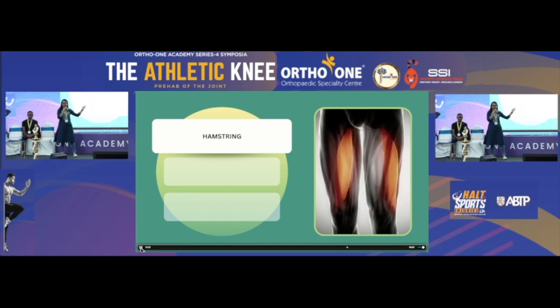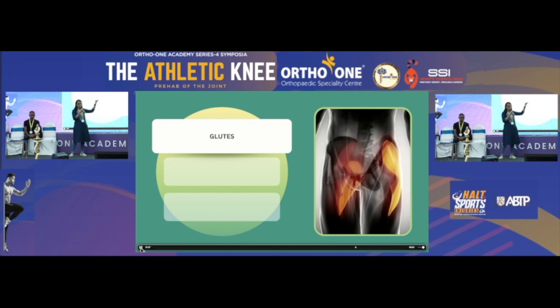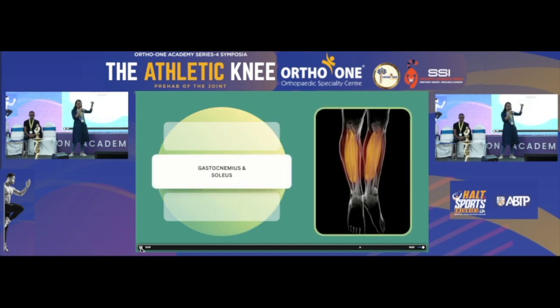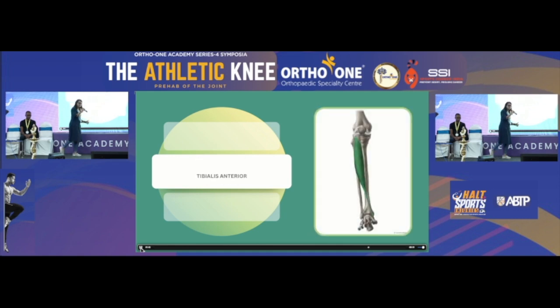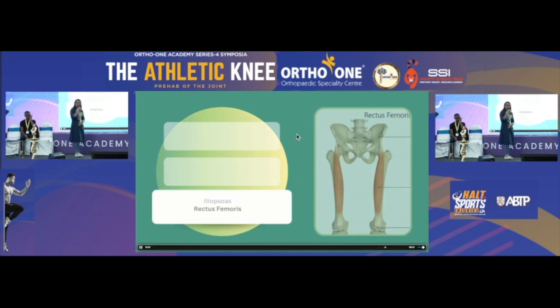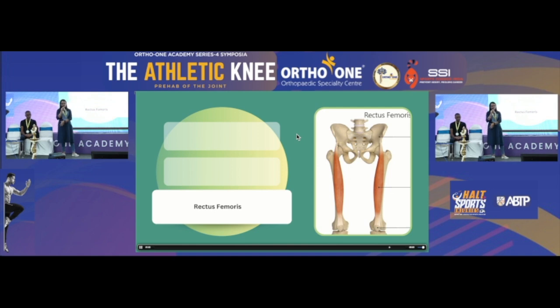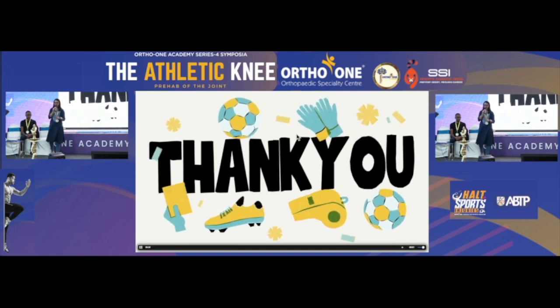Yeah, so this is just a slide showing where these muscles are. For the first phase, it's the gluteus, hamstrings, which are very important. For the second phase, it's the calf muscles, which are very important for you to push off, and tibialis anterior for you to control the movement. And for the flight, iliopsoas is very important. Hamstrings are very important. And yes, like I said, hip flexors for you to bring your knee forward. Yeah, that would be it. I hope that was